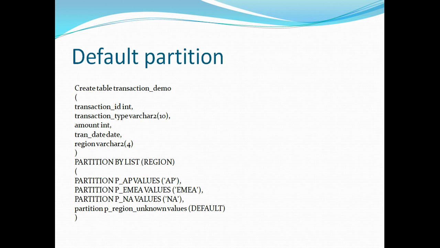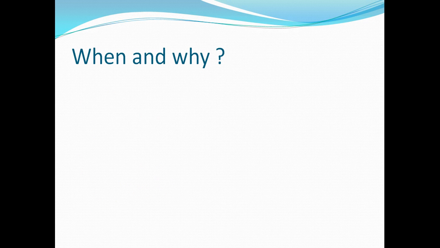So now that we understand what the partitioning key is, how we deal with the error and how we can rectify that, and what default partitioning is, let's try to understand when and why we should use list partitioning. So the first reason stays the same. If your data set is huge, if the data set is above 2 GB, it's a contender for partitioning. That will stay consistent for all list, range and hash or composite partitioning. Your table has to be sufficiently huge to be considered for partitioning.